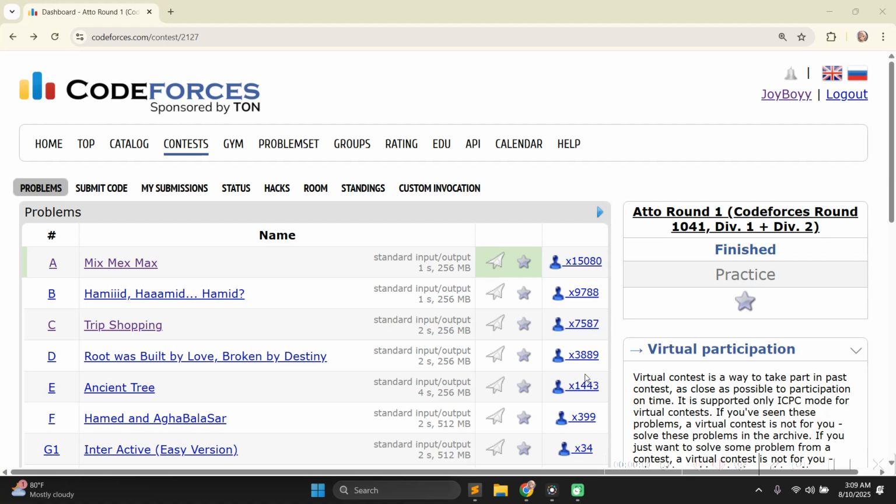So, hello everyone. Today we will be discussing the post-contest analysis of Codeforces Round 1041, Division 1 plus Division 2. In this session, we will be discussing the first four problems and break them down step by step. So, without further ado, let's dive into the very first problem of this contest, and the problem name is Min,